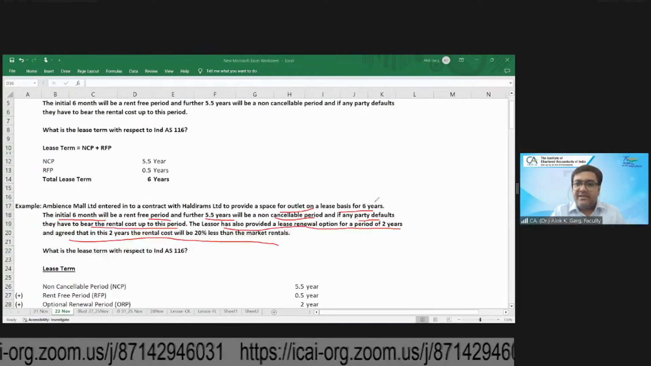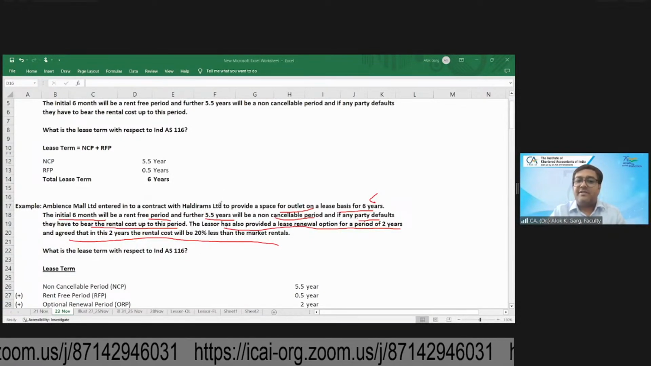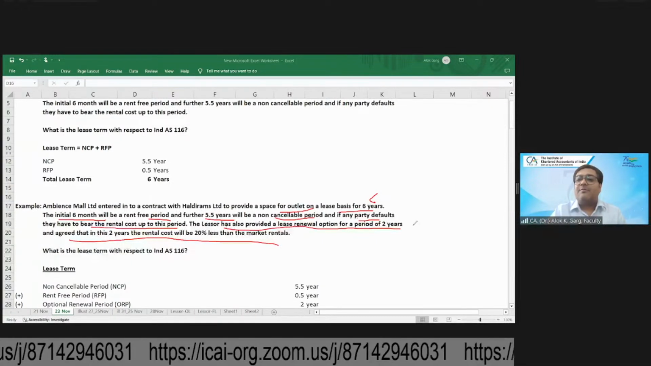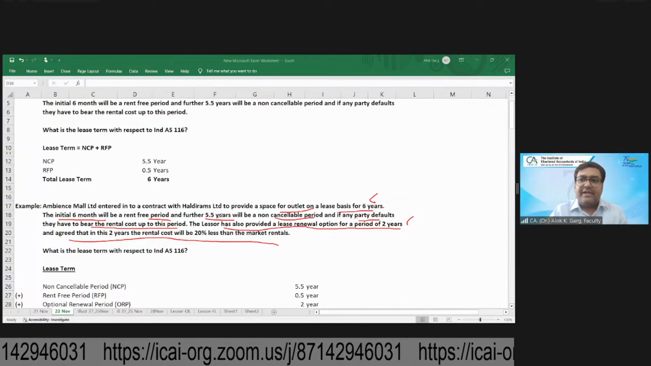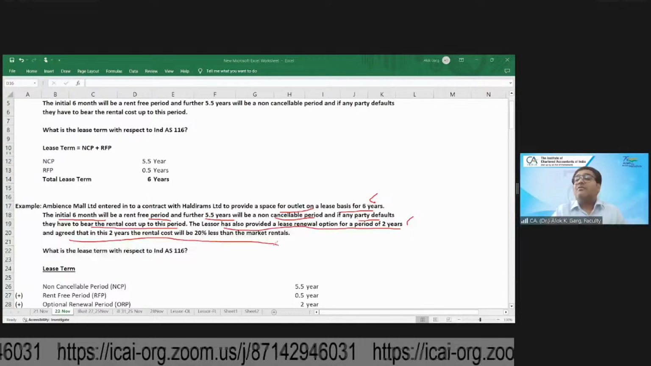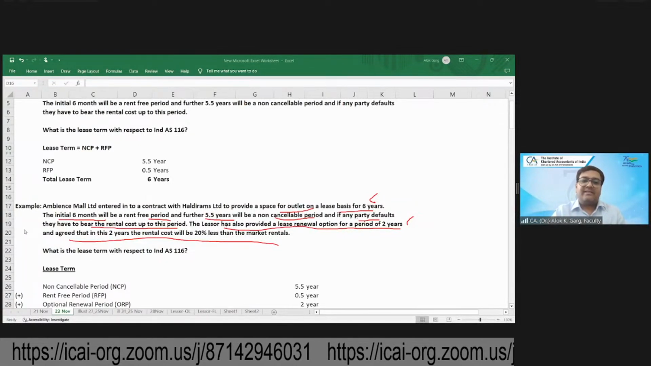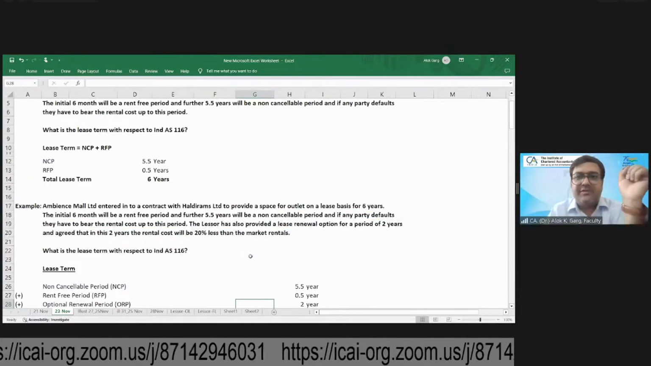Here you can see the total lease period is 6 years. The rent-free period is 6 months. The non-cancelable period is 5.5 years. And the renewal option is given for 2 years. And on the date of the initial contract, it was agreed that the rental cost will be 20% lesser than the market rent. So in this case, you can see there is an optional renewal period which is given,